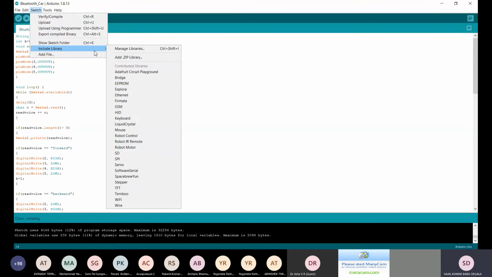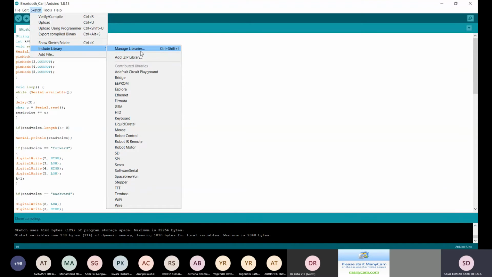Once you download the library, you just need to include your library, like include library name there, and the library will get included, and then you can directly use the functions which are defined in the library. Some of the libraries will be available in the Arduino manage library option, but if the particular sensor's library is not available in the library manager of this Arduino IDE,